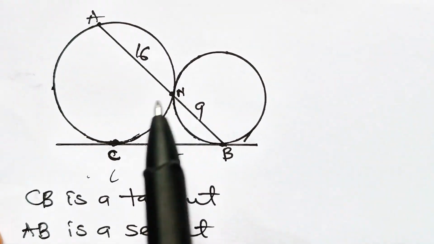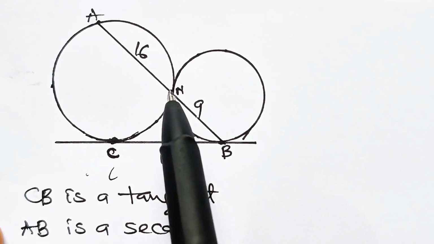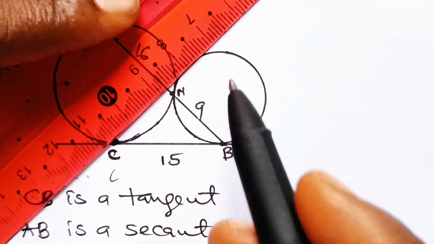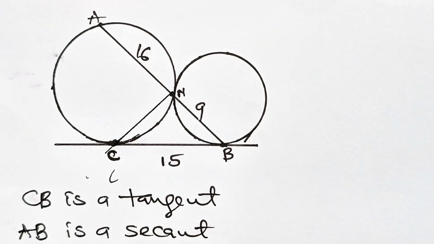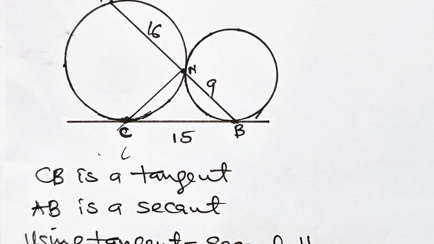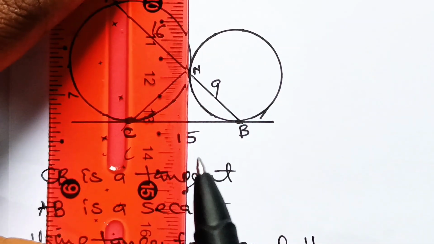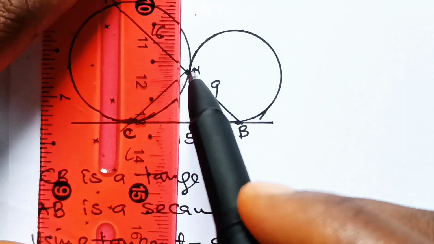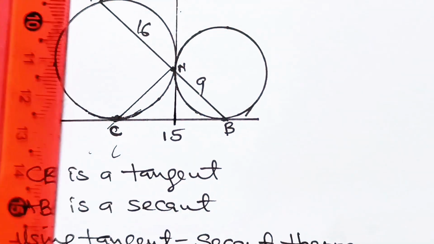Now that we have found CB to be equal to 15, let's join C to N. If we do that, we will have this. And let's drop a straight line through the point of intersection of these two circles. I'm sorry, these circles are supposed to touch each other at just a point, so please pardon the drawing. So if we drop a perpendicular,